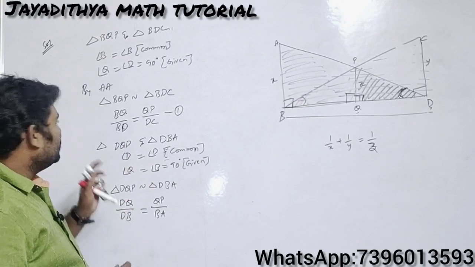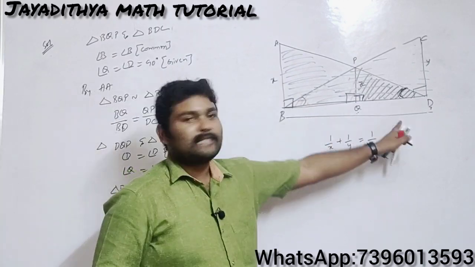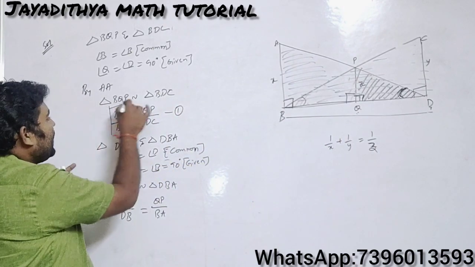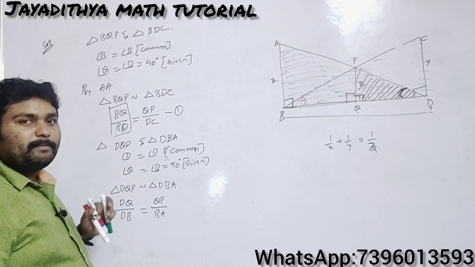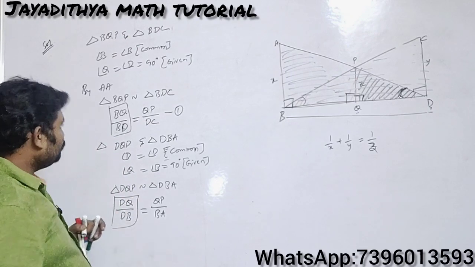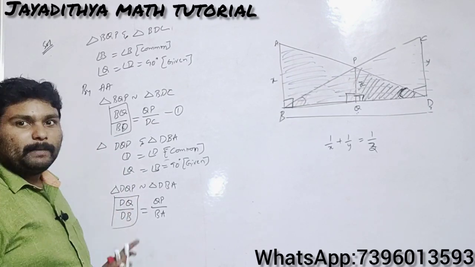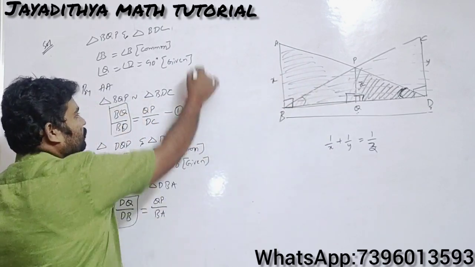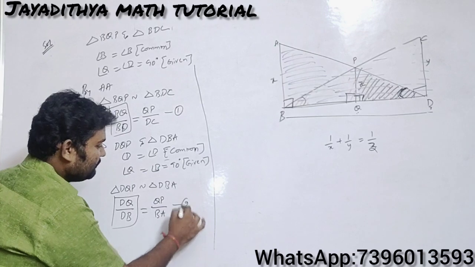So here you should take one caution. What does that mean? When you are taking the sides, first you take the bottom sides. So the bottom side should be on one side in both the cases. See, here I have in LHS BQ by BD, and here I have taken DQ by DB. DB is again BD only. So bottom sides you take first, then you go for the remaining sides, then your problem will be easy. So take this as equation 2.